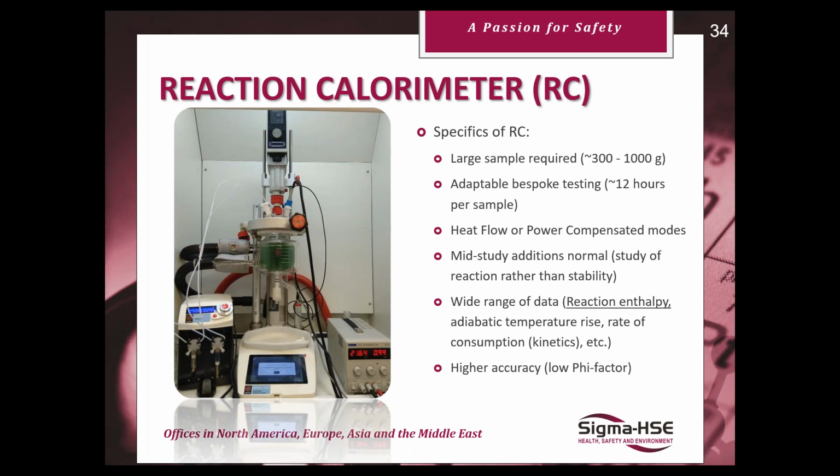We then have the power compensated calorimetry, where we typically set the cooling jacket to about 5 or 20 degrees below the desired process temperature, and then the process temperature is maintained by an electrical heater, which has a large surface area. As the heat load of the reaction changes, this heater can be controlled to maintain those isothermal conditions. So essentially, the inverse power supplied to the heater will equal the heat generated or absorbed by the reacting system